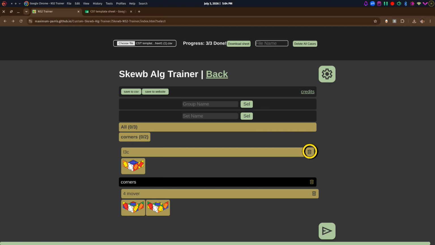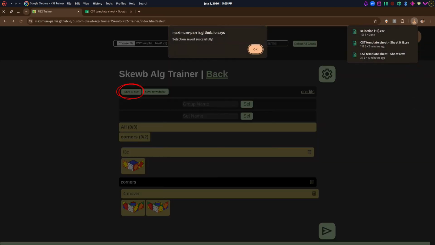You can also press these bin buttons to delete it, and I'll just leave this by itself. So now you see you have a set here called corners. You can select it here, you can select all of the algorithms. You can select this group here. That's that. You can delete them, as I've said. And then let's say you want to save it back to a CSV. So you press this,